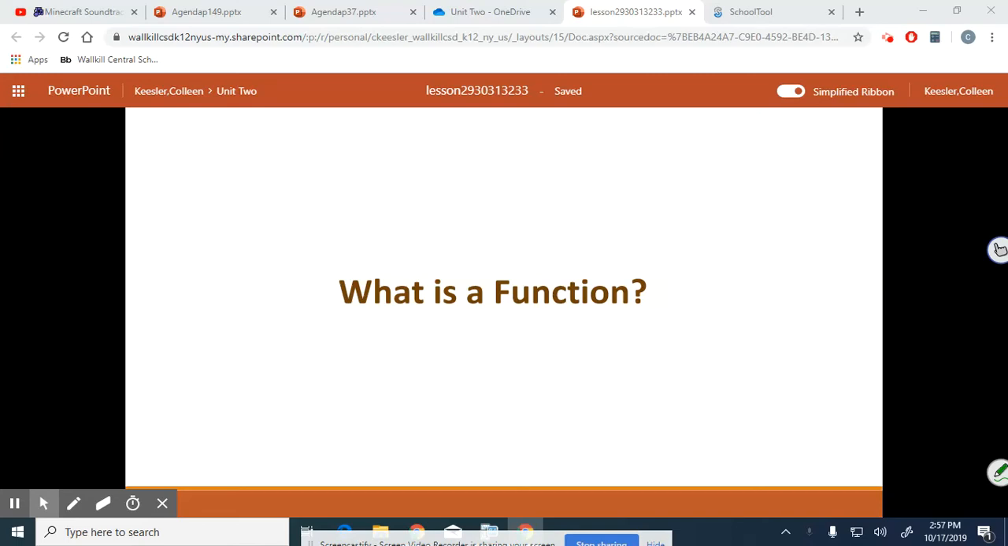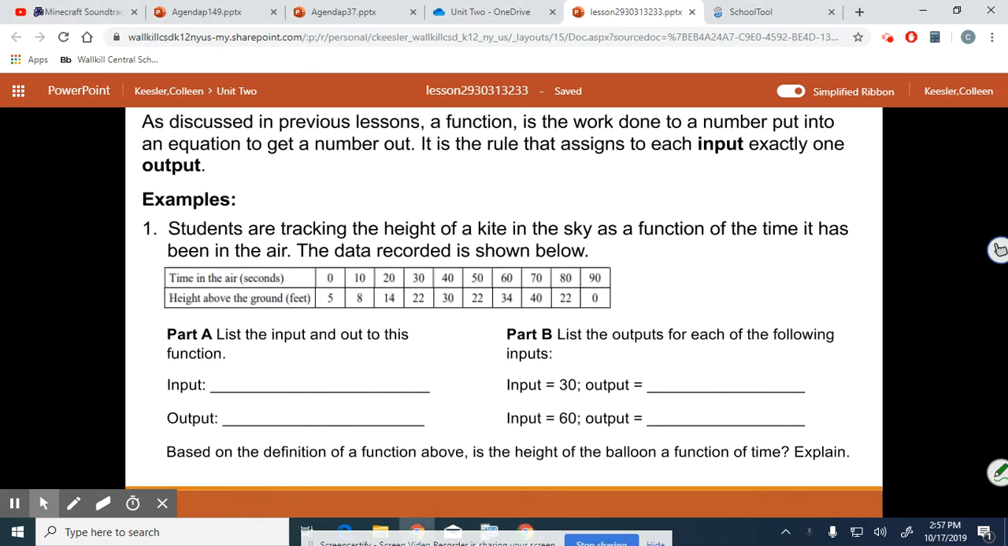Hey gang, today we're going to look at what is a function. So we have been working with a lot of functions, dealing with equations. Now you need to be able to look at a set of values and know whether it represents a function or not. So as discussed in previous lessons, a function is the work done to a number put into an